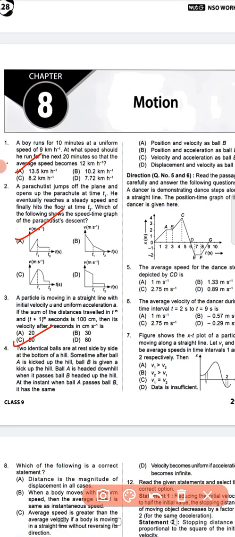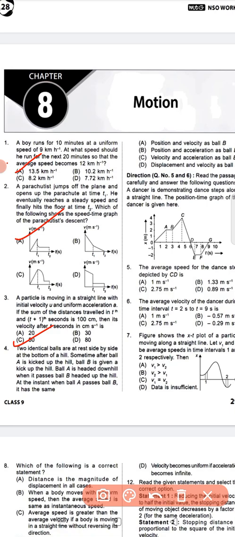Two identical balls are at rest side by side at the bottom of a hill. Sometime after ball A is kicked up the hill, ball B is given a kick up the hill. Ball A is headed downhill when it passes ball B headed up the hill. At the instant when ball A passes ball B, it has the same...